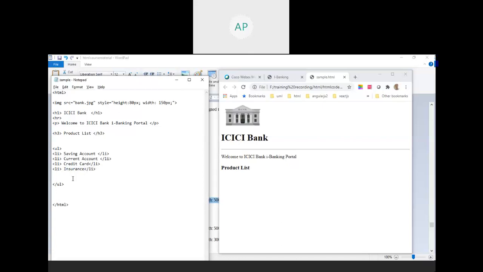Control S. Let me run this one. So we got something like this. If I make it OL instead, the same thing, I copy and paste below, Control V. UL is unordered list, and OL is ordered list. If I run this one, see here 1, 2, 3, 4, 5. So now you have started to learn HTML tags.